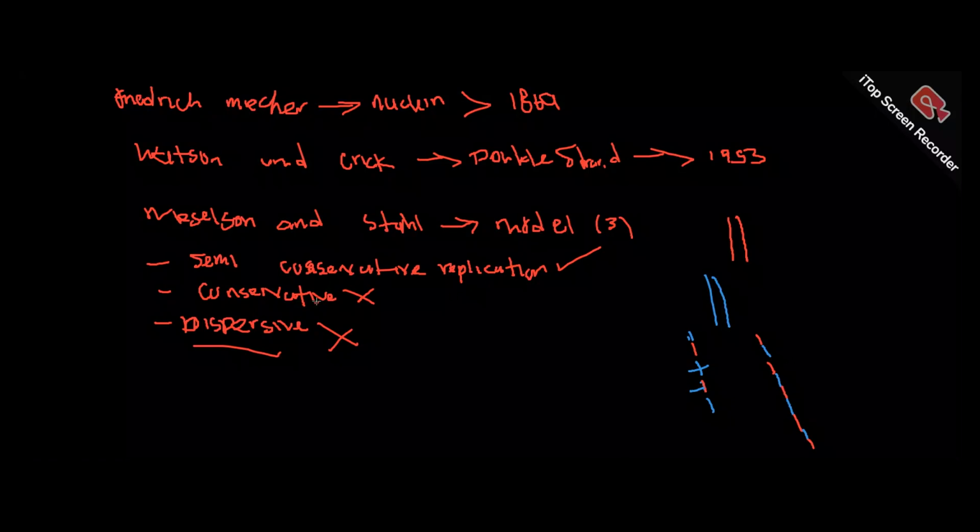Now let's go to the conservative model. What does it state? This is where, of the two DNA molecules produced, one is made up of two parental strands, and the other is made up of completely new strands. That is,